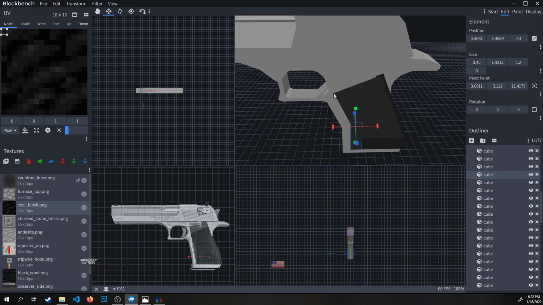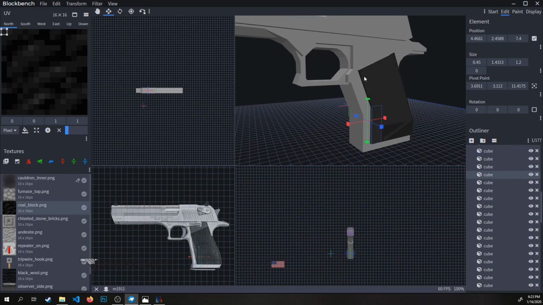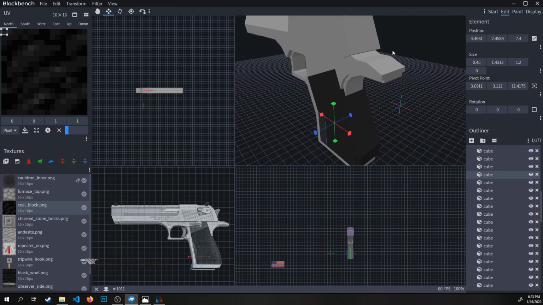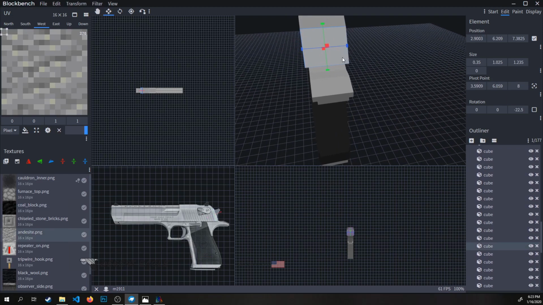Up here, it's going to be the same thing. We're going to have a vertical rectangle here and another rectangle right here. And then we'll have a space for a little thingamabobber, slide release. Yeah, slide release here. Safety and sights and hammer. The hammer is going to be cocked back, actually. So if I take this,